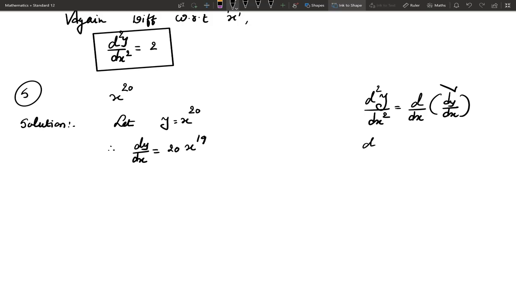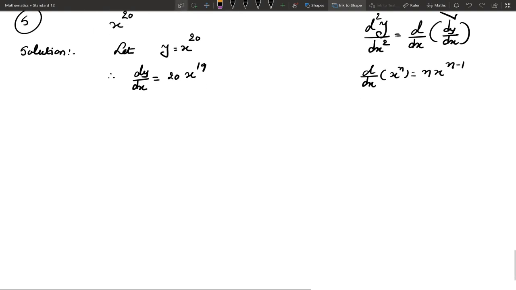We have used this formula, d by dx of x raised to n, nx raised to n minus 1. So again differentiate with respect to x. So d2y by dx2, so this is 20 into 19 into x raised to 18, and this multiplication is